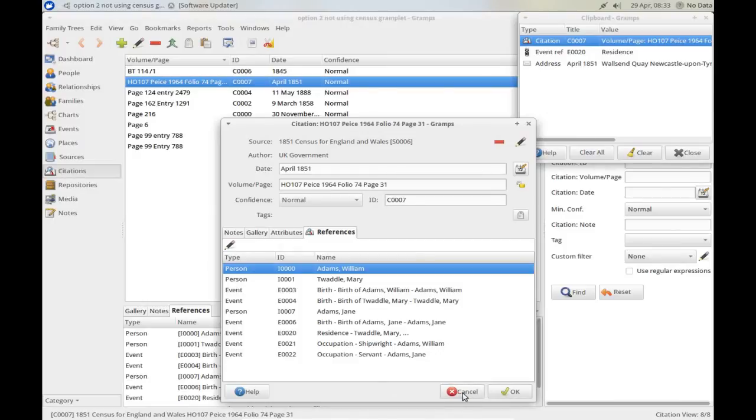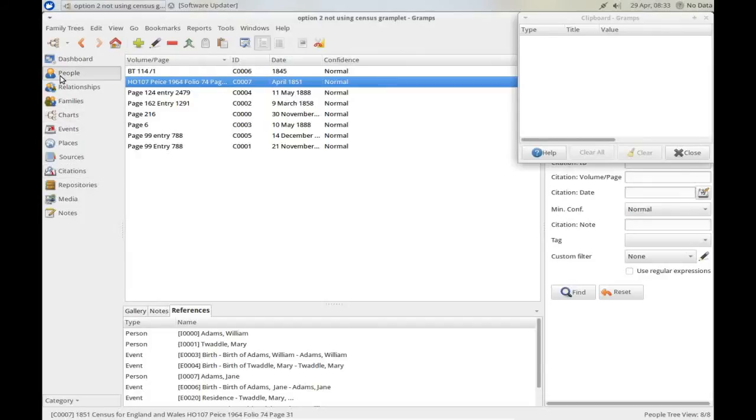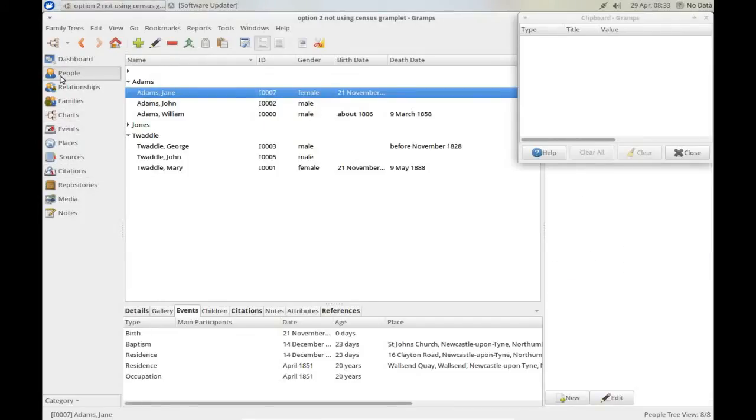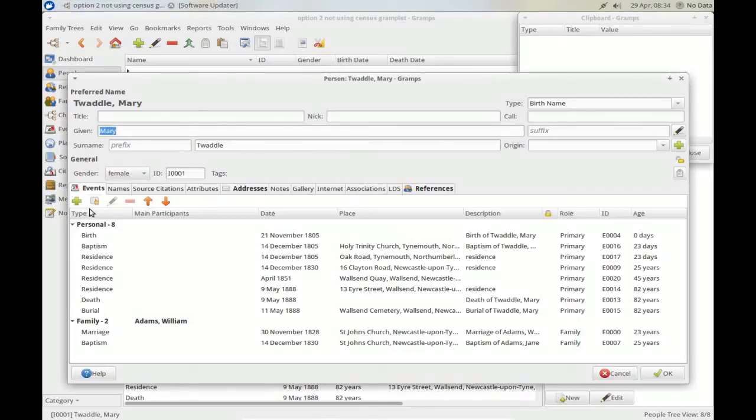So now I'm going to clear the clipboard because I'm finished with that particular census, and I'm now going to go back and enter the 1861 data we had. So Mary Twaddle, double click, add a new event, put in the residence event,